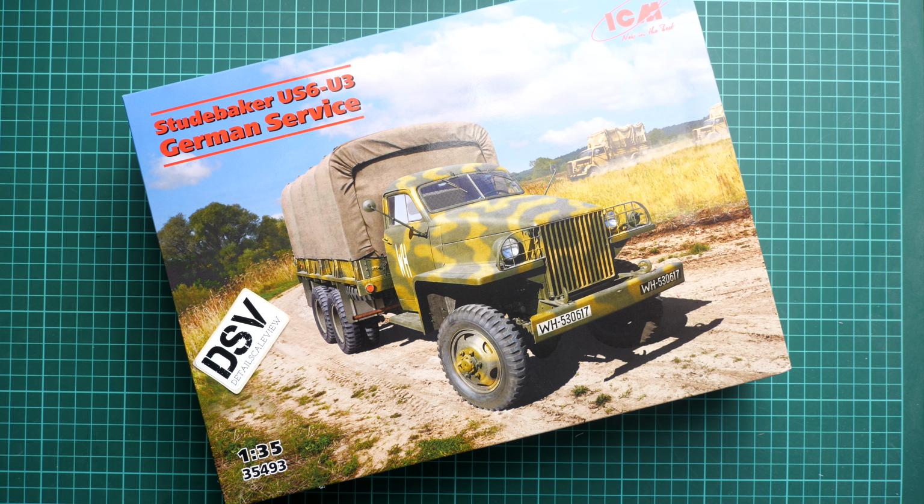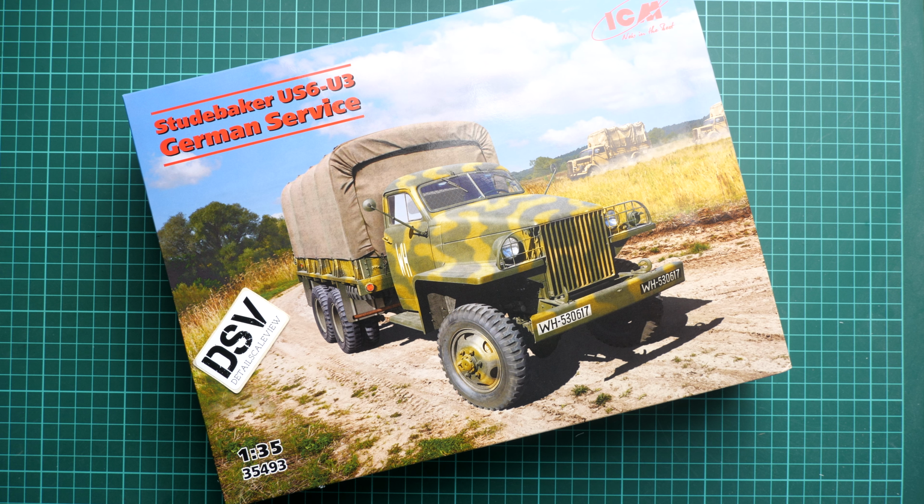Hi everyone, today we have a new video review, and as you can see, this time I haven't debuted the new truck model from ICM. It is made in 1/35 scale and it copies Studebaker US6-U3. So this one is copying the vehicle in German service, and one of them is depicted here on the